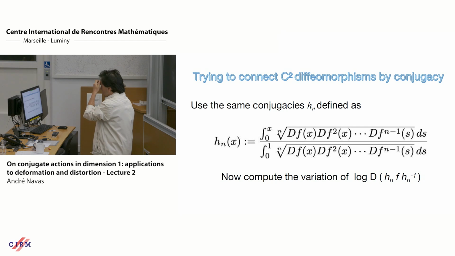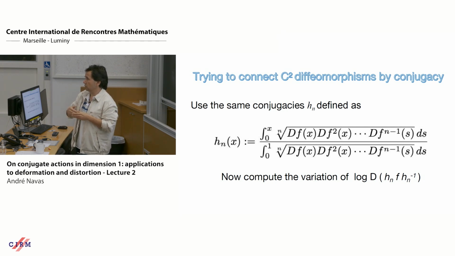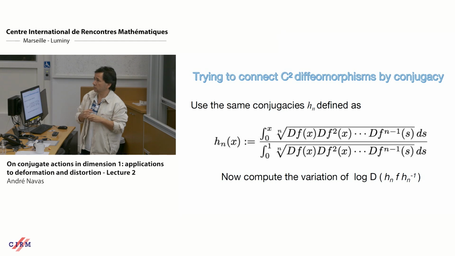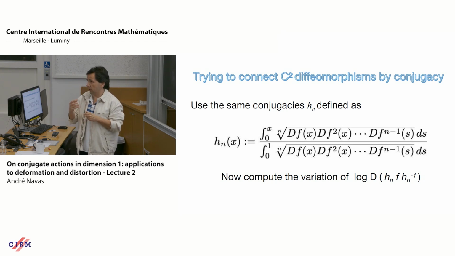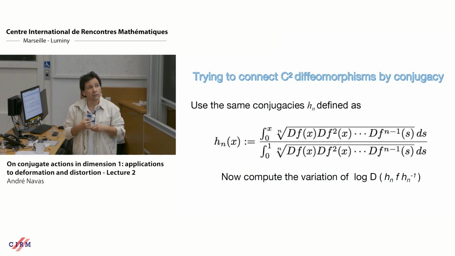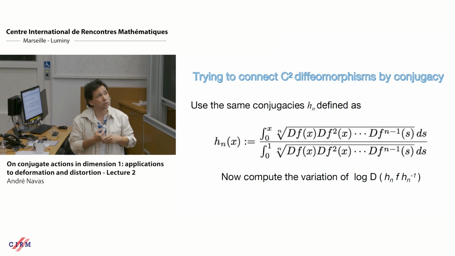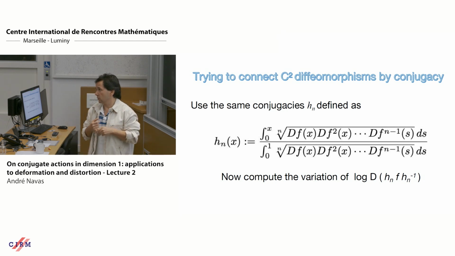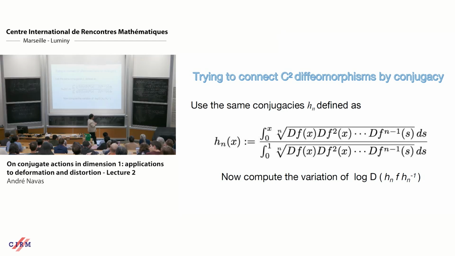But trying to compute the second derivative is difficult because the chain rule for the second derivative is not so good, so it's better to use the affine derivative, which has a better chain rule, but as I explained yesterday, at least for C2 diffeomorphism, the affine derivative is closely related to the variation of the logarithm of the derivative. So I will keep this formula here,